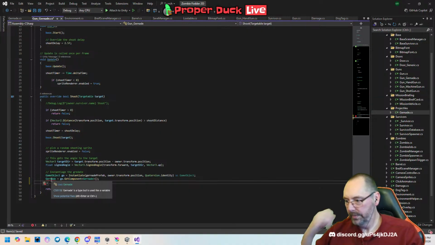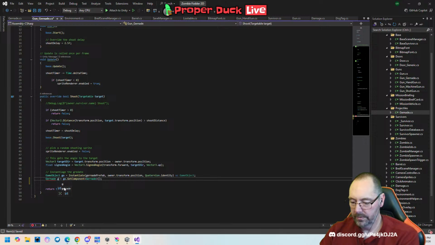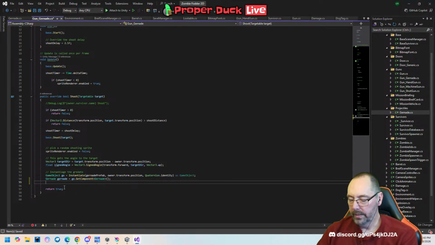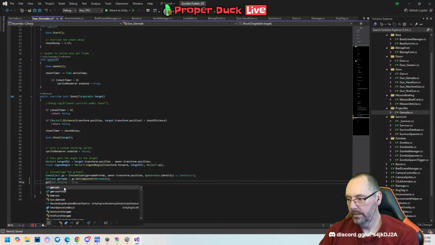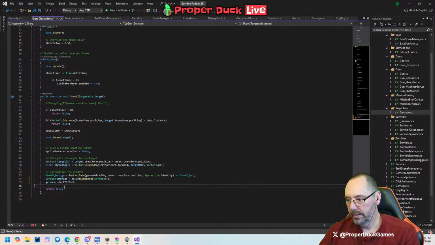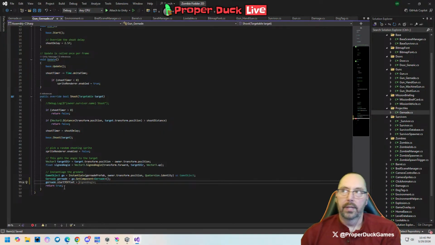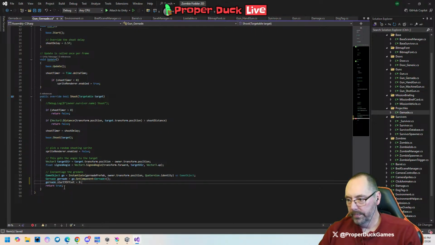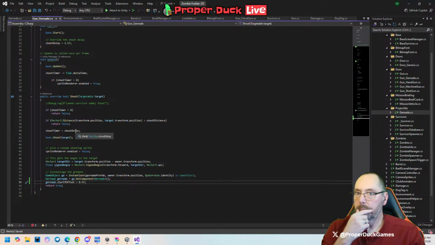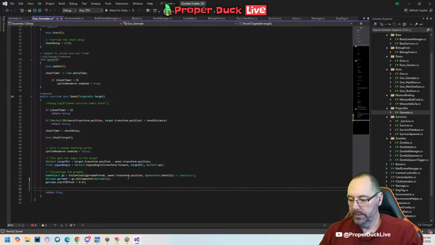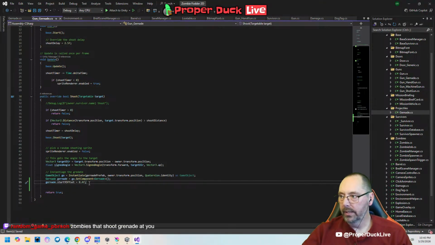Why are you underlined? Grenade is a type, but is used like a variable. Oh yeah. And then grenade dot start offset is equal to, oops. It's going to go up, like it's going to be like 0.4. So then that's how high the grenade will spawn. And then I'll need,